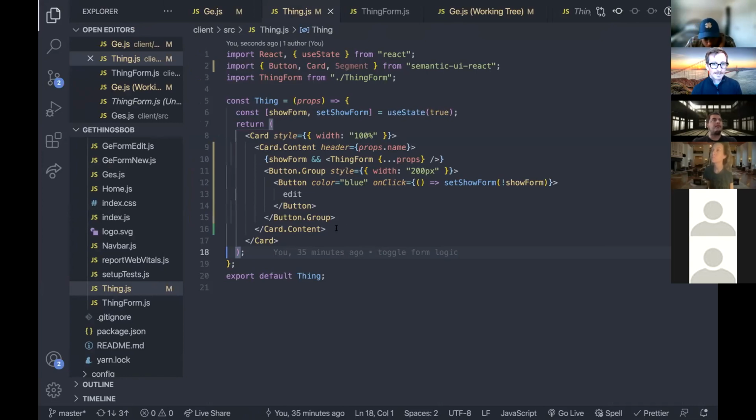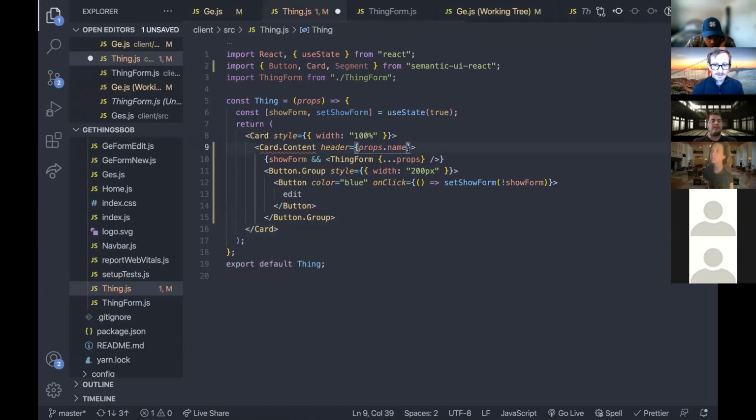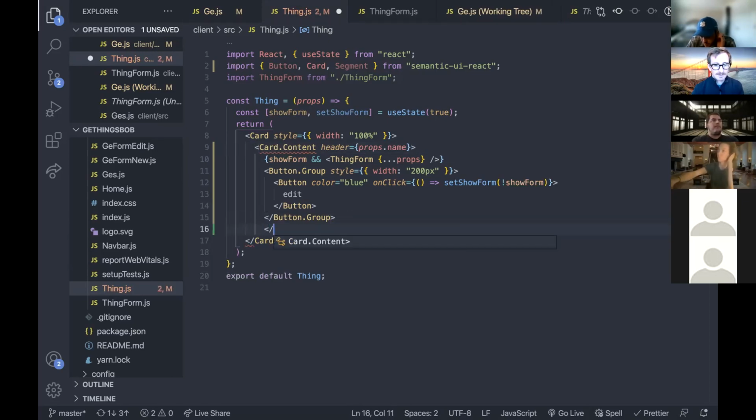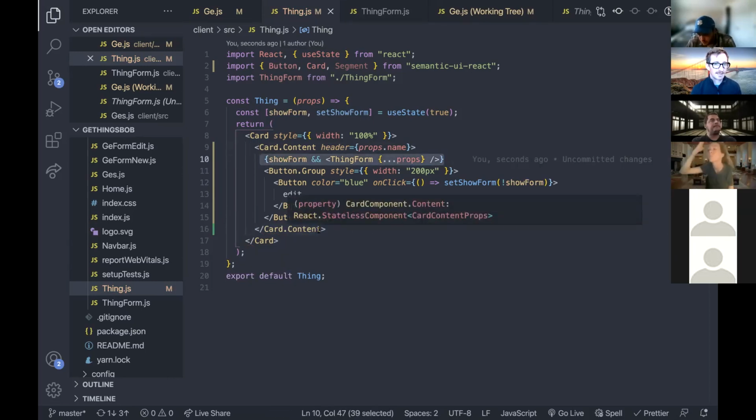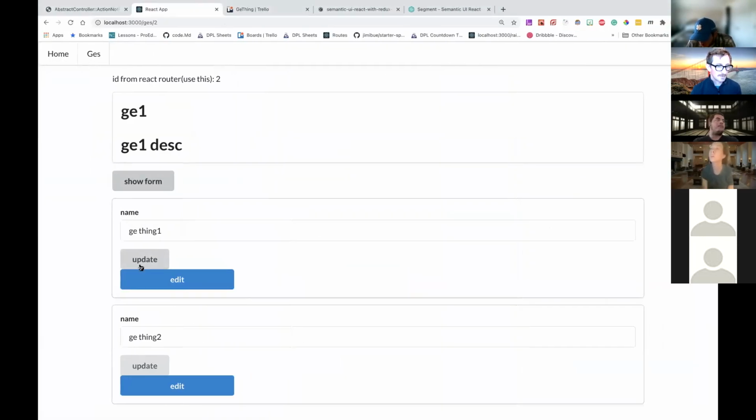So what I did with this is this card content was self-closing. But if I wrap all of this stuff in the card content, now my form and my button are all in this card content. And what that does is just give it a little padding, which helps that look a little better. Oh, but now,